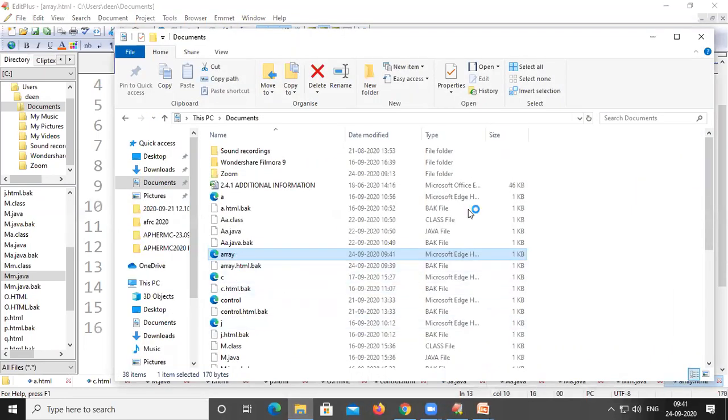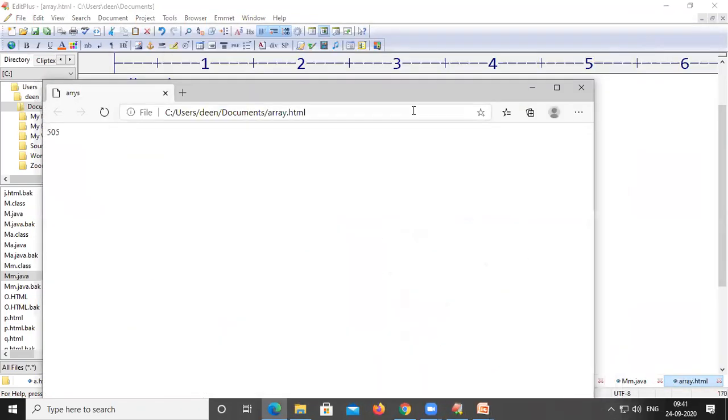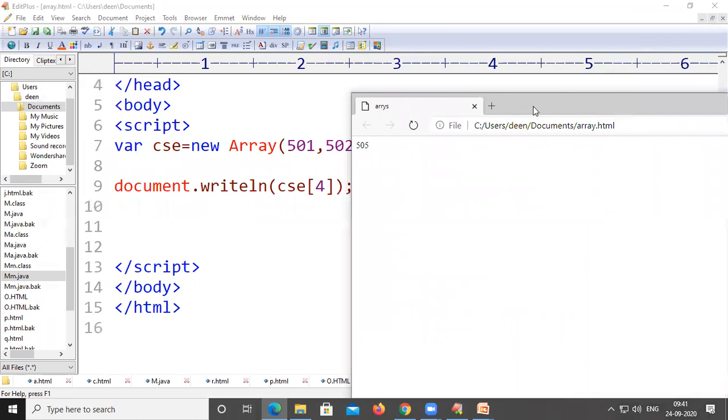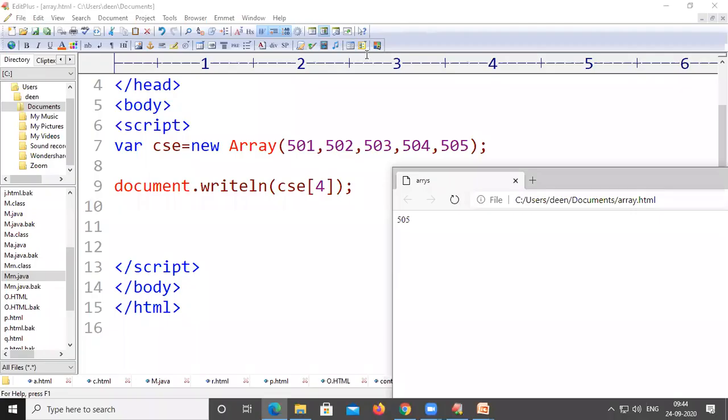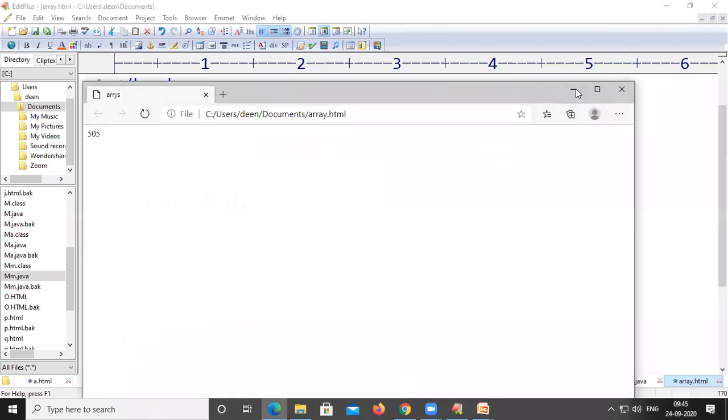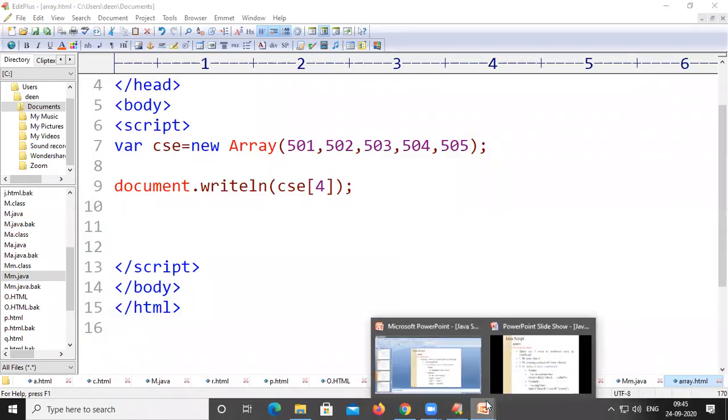Let us double click here. If you observe, it has printed the value 505, because at csc of 4, that means the array name is csc and the index value is 4, at that particular index 505 is there, so it has printed 505, right? Now let us move to the PPT here.